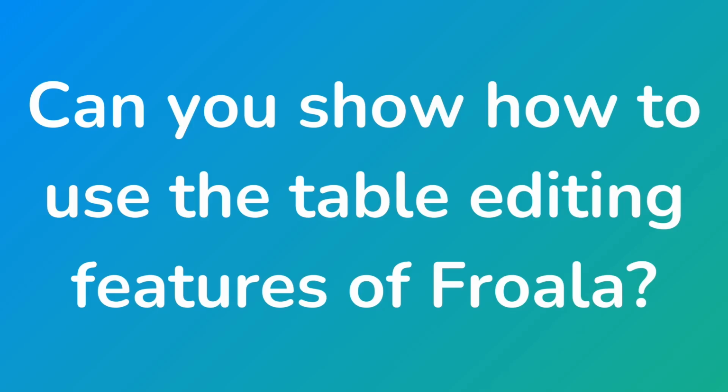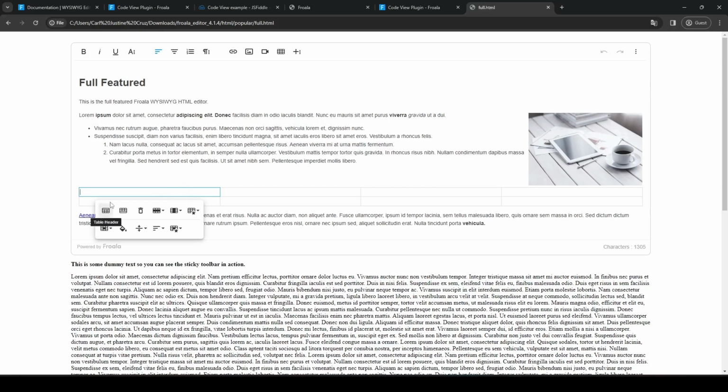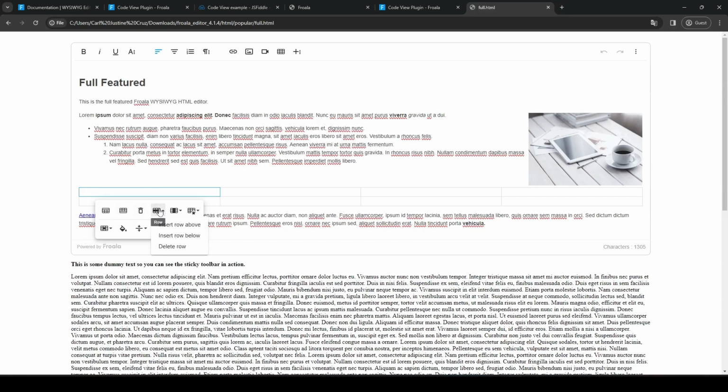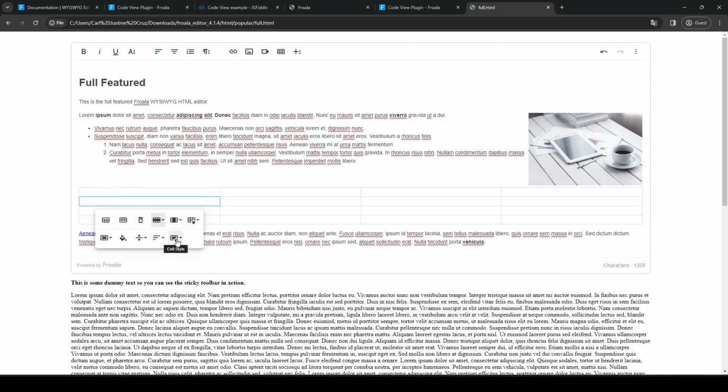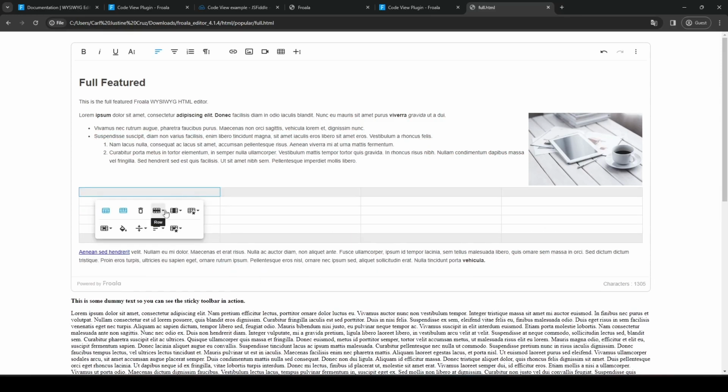So the next question is, can you show how to use table editing features in Froala? So I demonstrated it before, but you can go even more in depth. So let's go to the full featured editor again. So you can see once you click a cell, it shows you if you want to add a table header, a table footer, if you want to remove the table, if you want to add a row above or below. So let's add some table headers and some table footer. And then if you want the table style to have alternate rows,